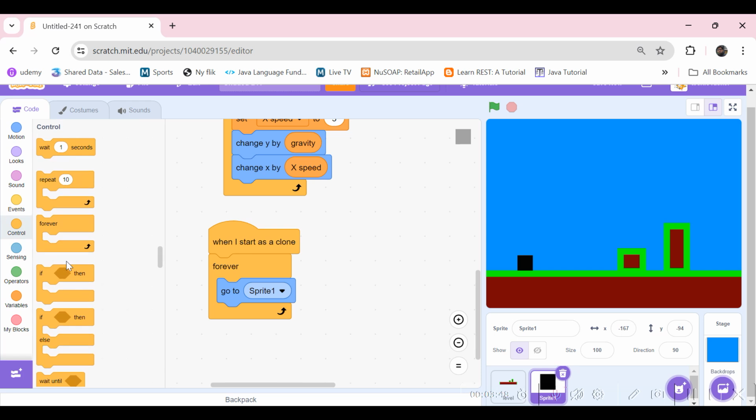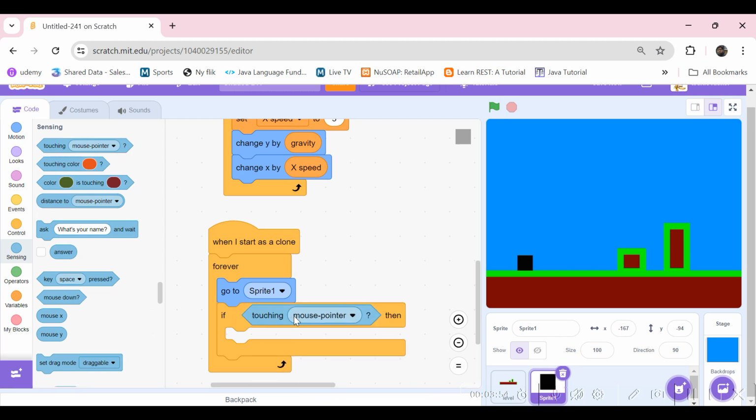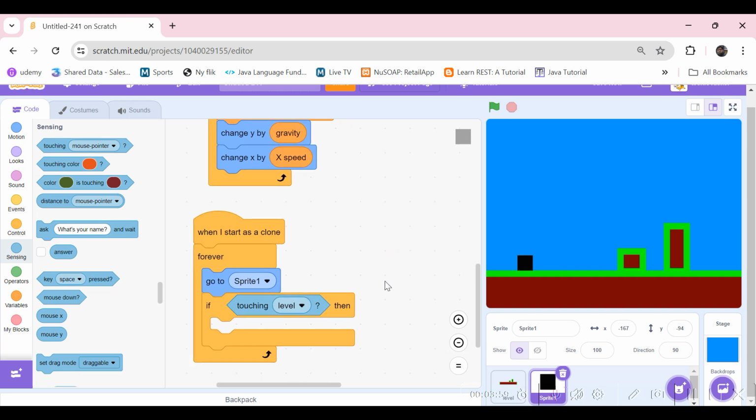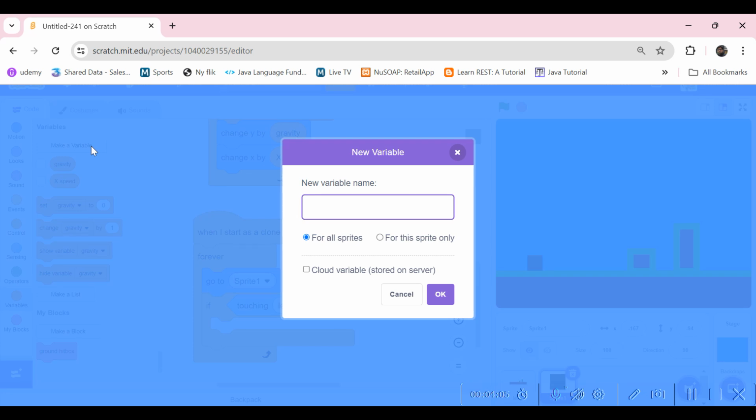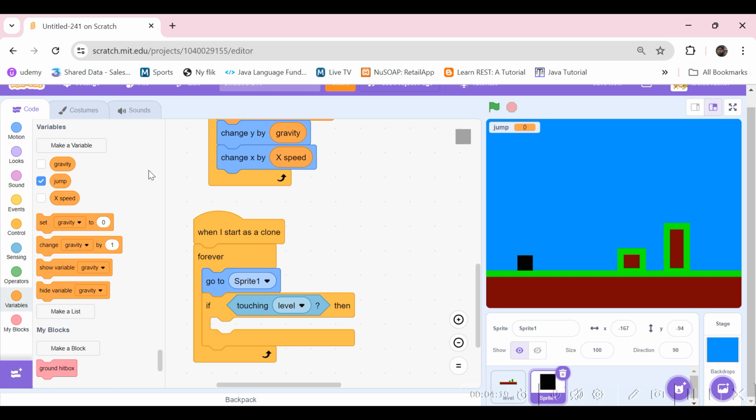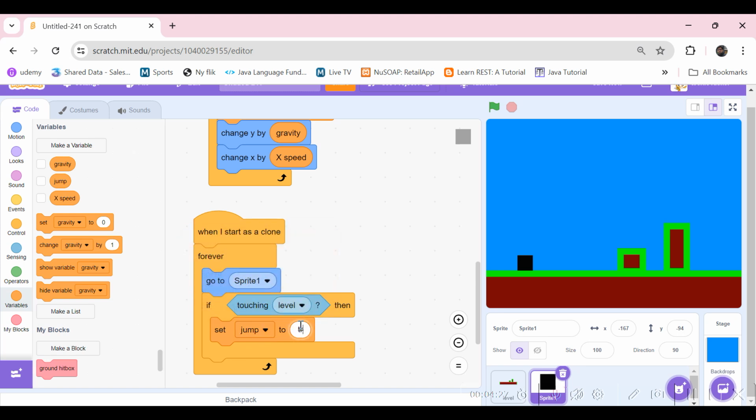Okay, so now if it's touching level, so we need to make it jump now. So let's make a new variable. So that's just gonna be jump for all variables and for all sprites. So this is gonna be a true or false variable. So here let's set jump to true,